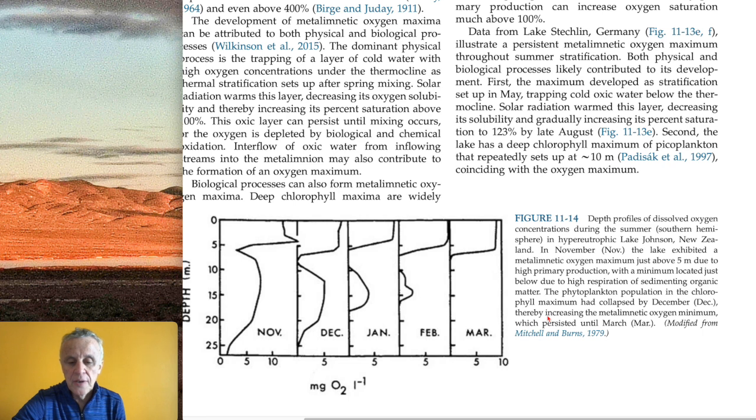So let's look at figure 11-14 here. These are depth profiles of dissolved oxygen concentration during the summer in hypereutrophic Lake Johnson in New Zealand. In November, the lake exhibited a metalimnetic... so let's look at that before that. On the y-axis we have the depth, and on the x-axis we have the month. And so that spans